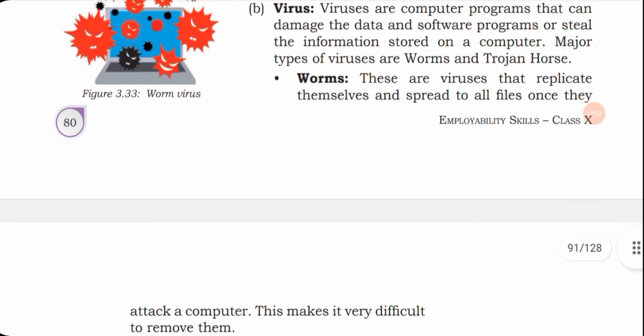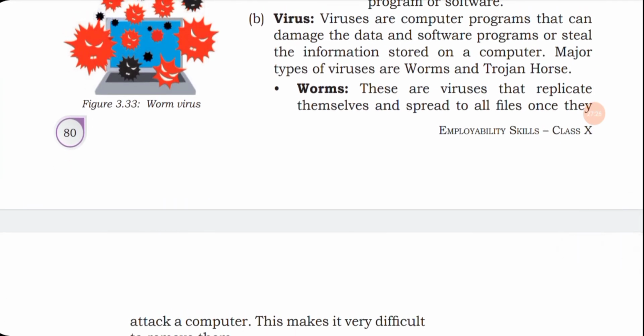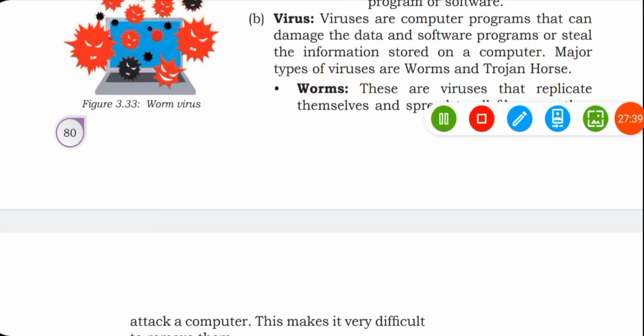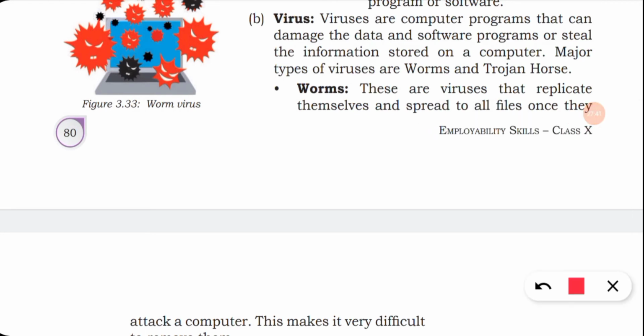Next is virus. Viruses are computer programs that can damage the data and software programs or steal the information stored on a computer. A major type of virus are worms and Trojan horses. First one is worms.